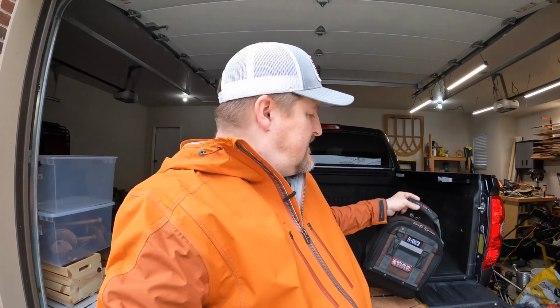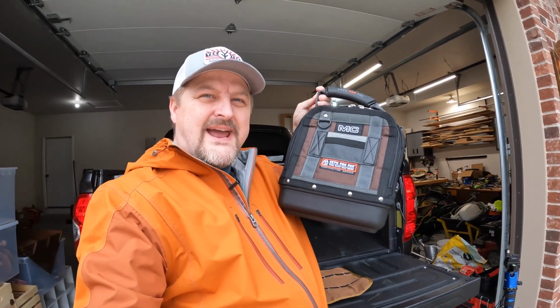We've got some exciting stuff I wanted to share today. I like to keep a tool bag with me just in my truck, because we have a business and things need fixed, and I've tried several over the years and none of them quite fit the bill, but I've got a new one here, the Veto Pro Pac MC, and I think this one is exactly what I have been looking for. I wanted to take you guys through some of the features that we have today,